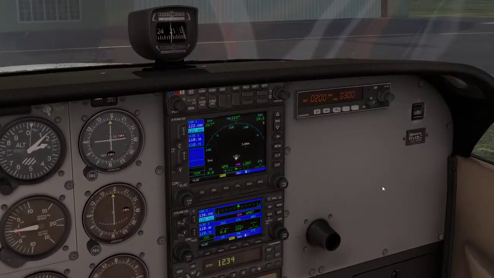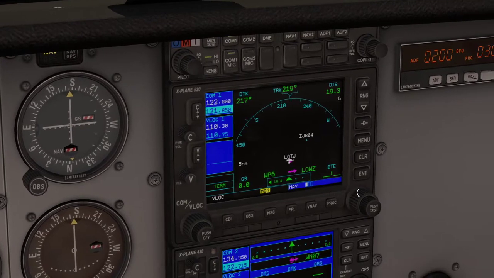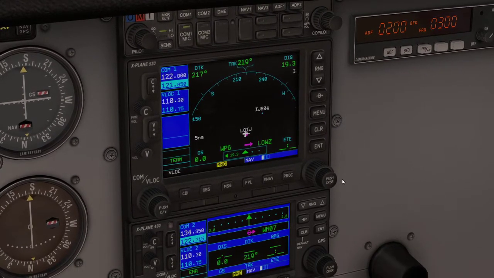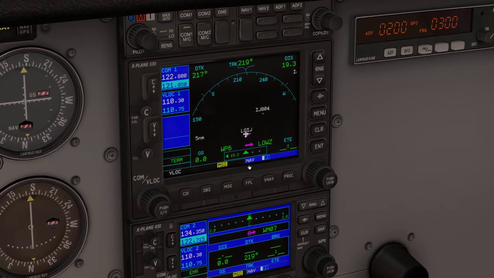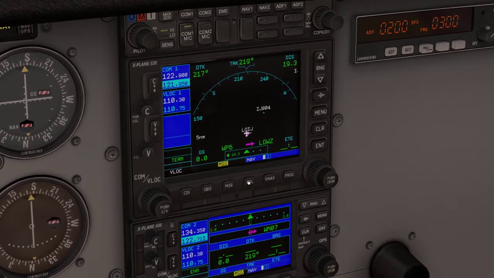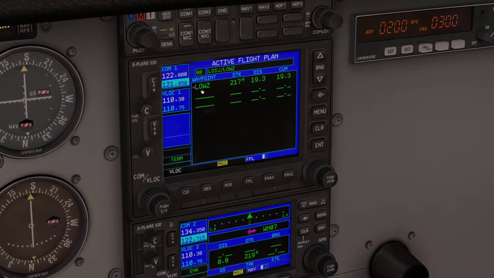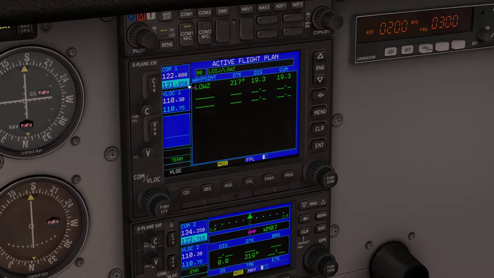So what we're really interested in is this system over here, which is the GPS system, which is linked to the autopilot. And you'll see why in a few moments once we've taken off. So if we wanted to program a flight plan, we could press the FPL button, and you can see it comes up with either somewhere you've been recently or